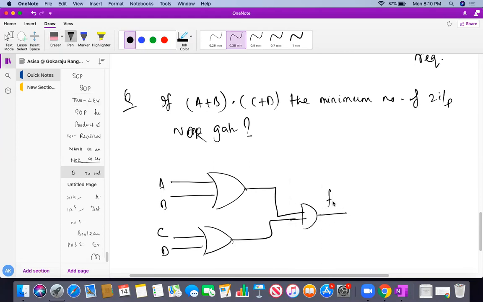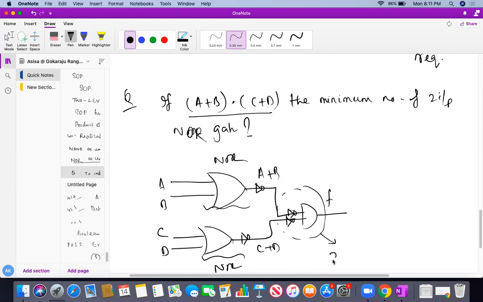Okay, which will give my function f, A or B and C or D. So this will be my A or B, this will be my C or D, finally which will give my A or B, C or D. So how many NOR gates are required to design it? In the same way, you just require a NOR gate, which will become a 2 input NOR gate. Similarly, if you add a NOR gate again here, it will also become a NOR gate. And here, in order to cancel those, you have to put 2 more NOR gates. So this will become another 2 input NOR gate. So how many gates do I require here? Again 3 gates, 3 NOR gates required.